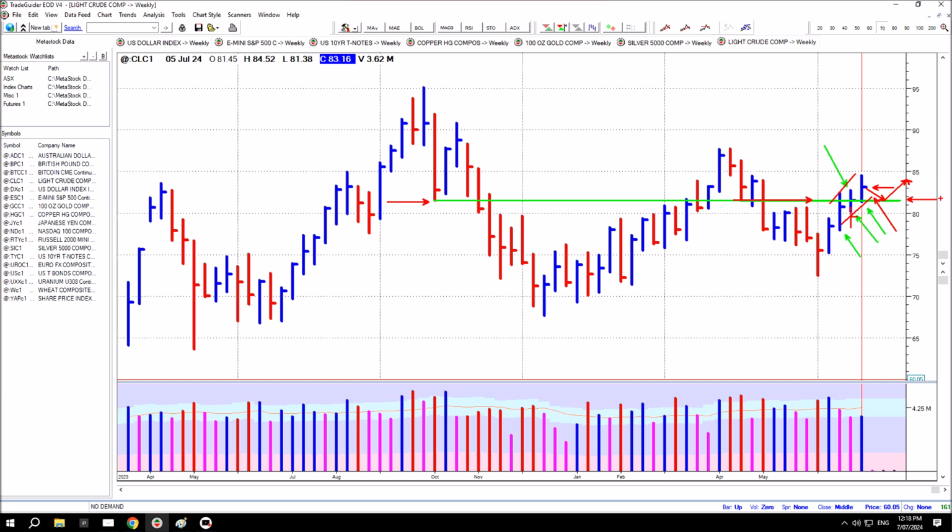So we'll just see how successful that is, because the market has been restricted at the 81 level for quite some time. And it does look like the market is making a pretty serious attempt to push above that level and begin a new range. So we'll just see how successful that is. It will, of course, also depend on the US dollar, but it's certainly looking stronger than weaker at the moment.